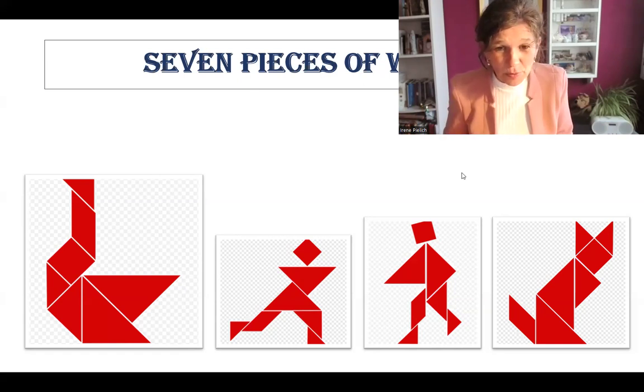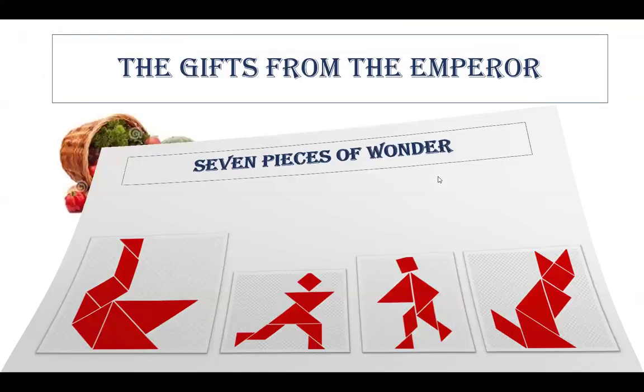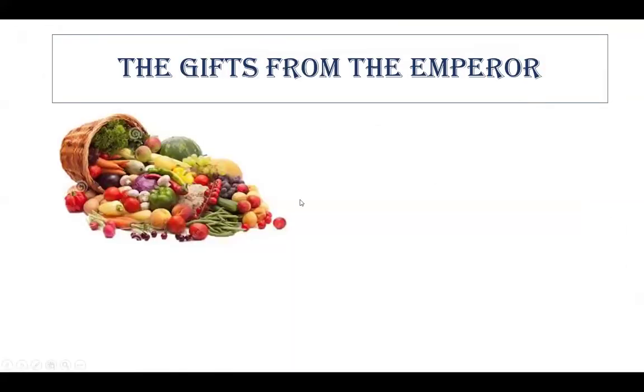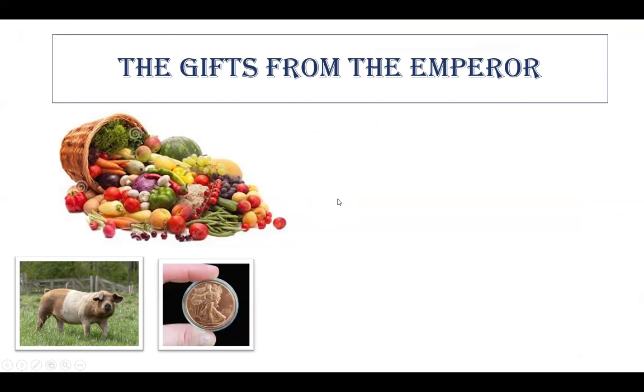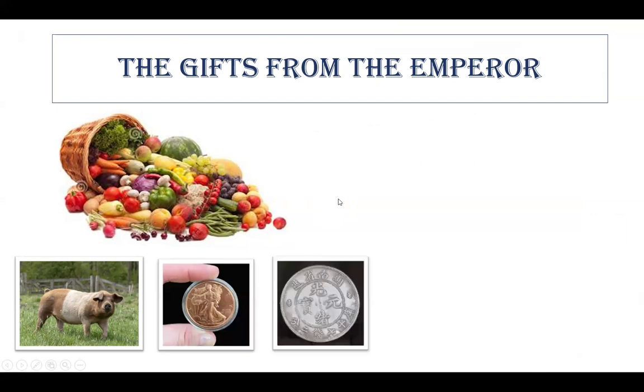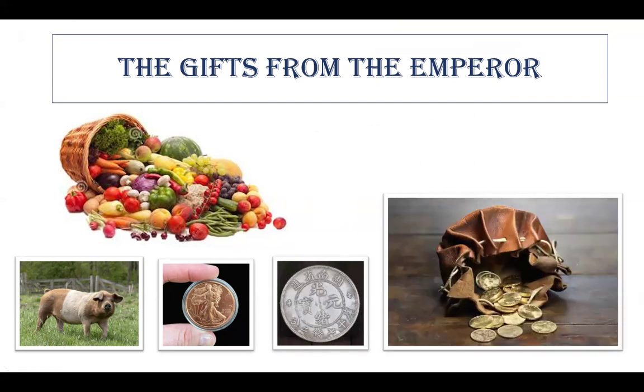I will show you the rewards first. These are the rewards. He got a lot of vegetables he could eat and buy. First buy and eat. Then pig. He got a piece of copper, a piece of silver, special Chinese silver, and wow, a sack with golden coins, a lot of golden coins. So it is great.